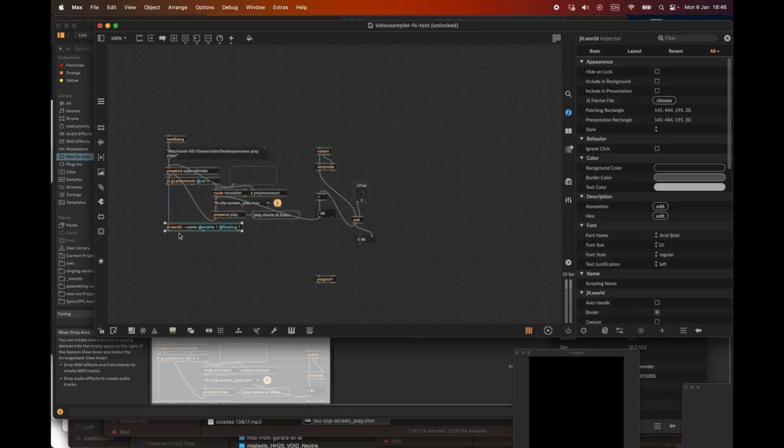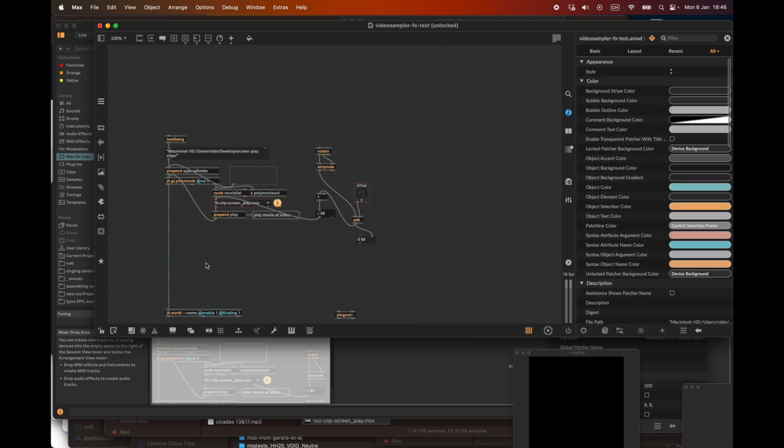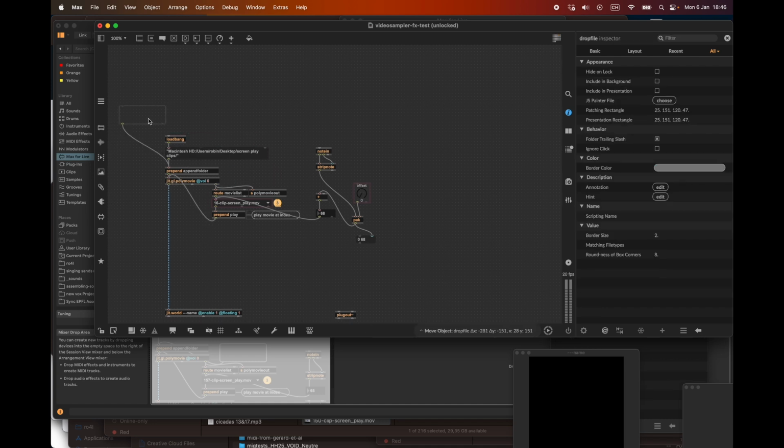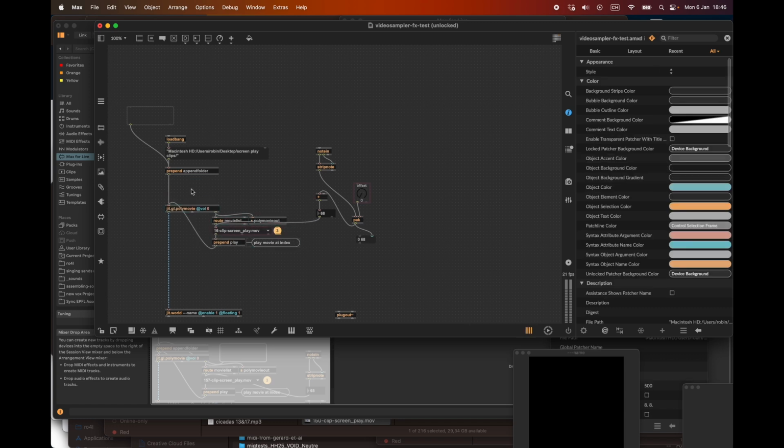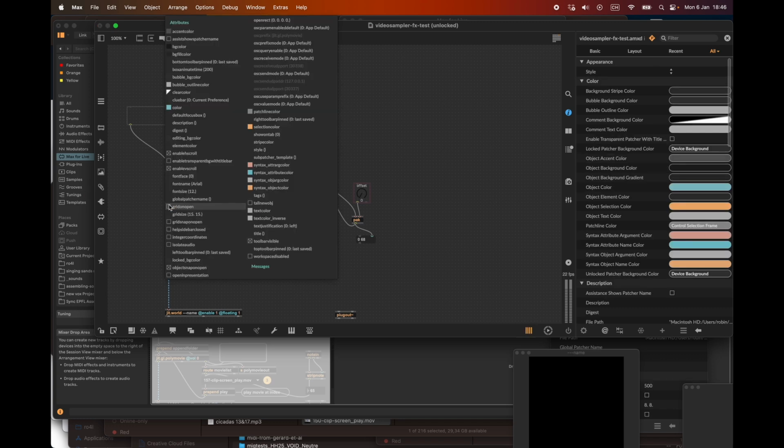Now let's have some fun here. Let's add some effects. Well, the first effect I want to add here is called rate. Rate will allow me to change the speed at which a video clip is being played back. So that's a built-in function of